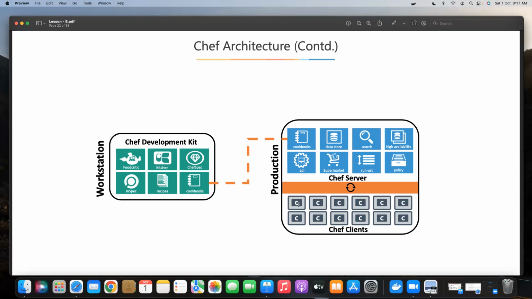Right? So first it will install Java, then it will install Jenkins. So that's how you can assign. So where will these cookbooks be stored? Cookbooks, run lists, policies, everything will be stored in the Chef server, right? And the Chef client will contact the Chef server and see what is the configuration identified for this specific